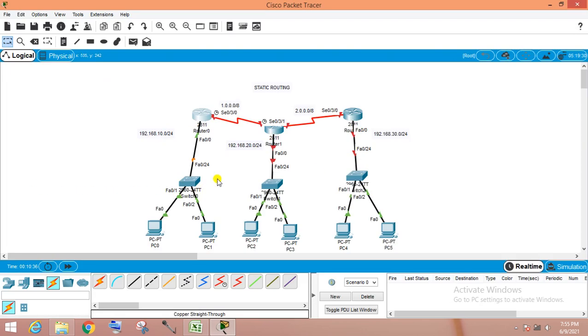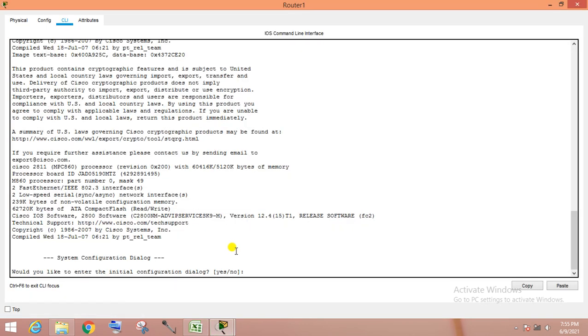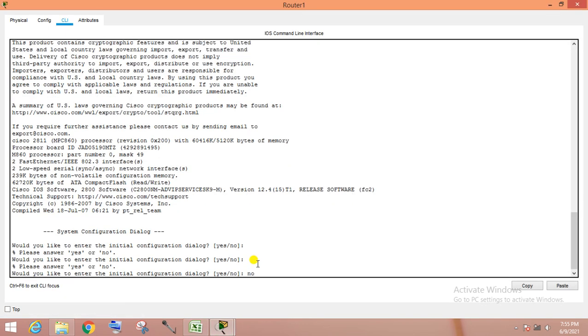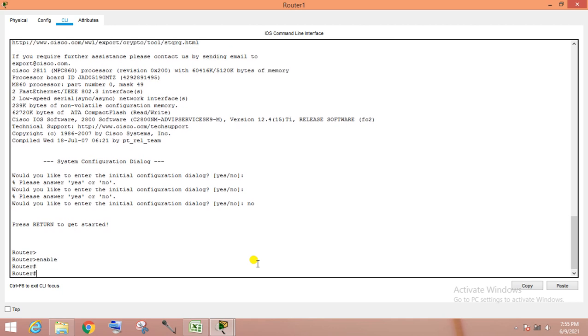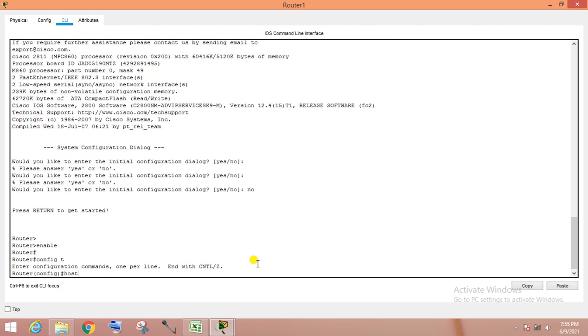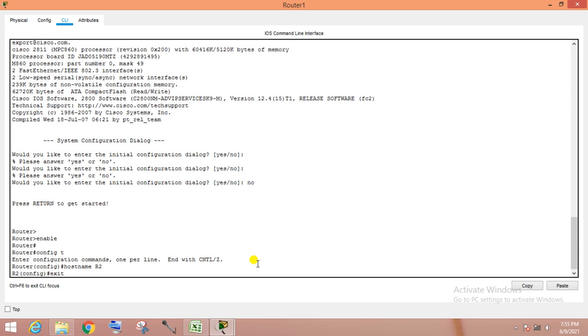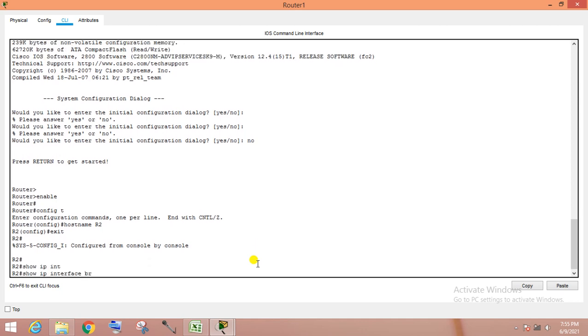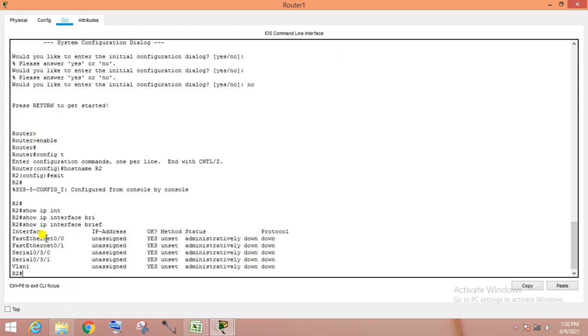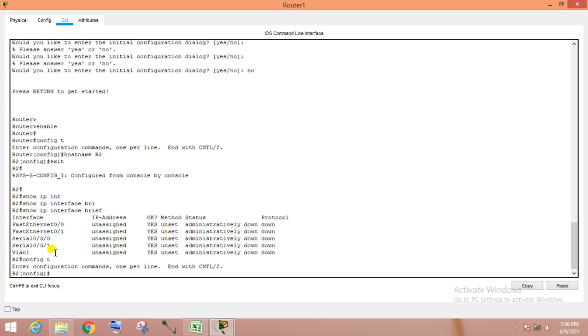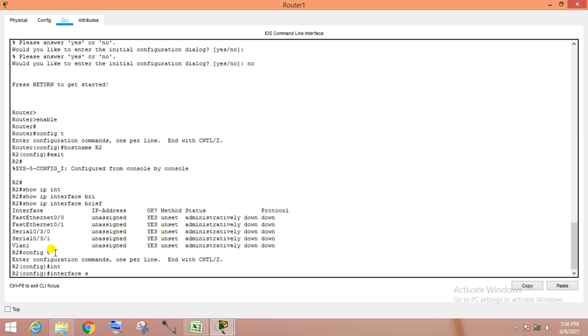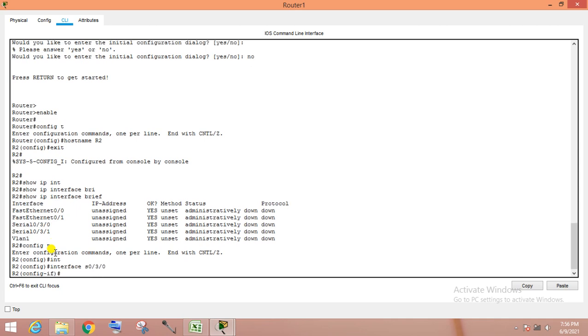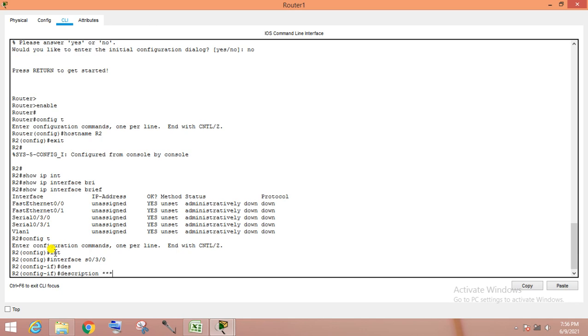Now I am going to router number 2. Same thing. What interfaces are here? show ip interface brief. Same thing, it is FA0/0. Interface S0/0, description: this is the WAN 1 link.